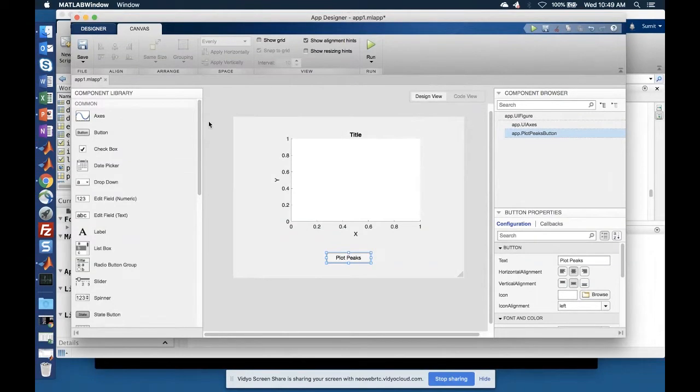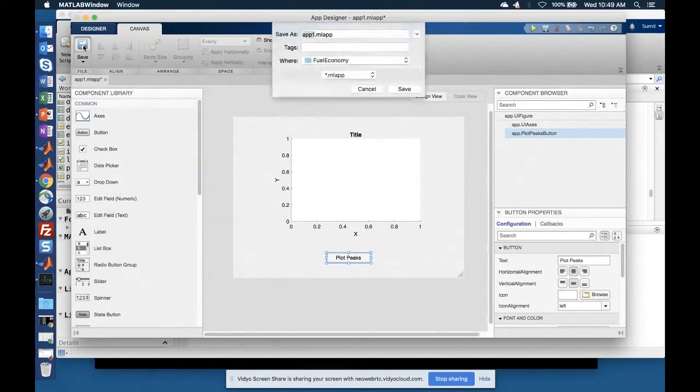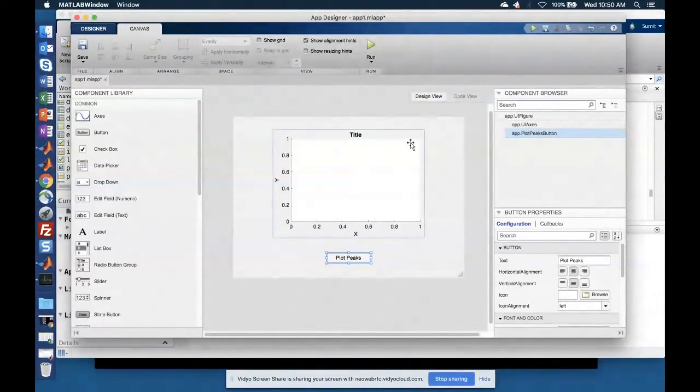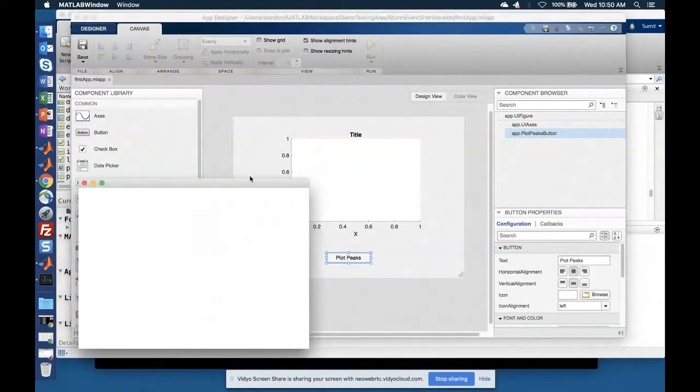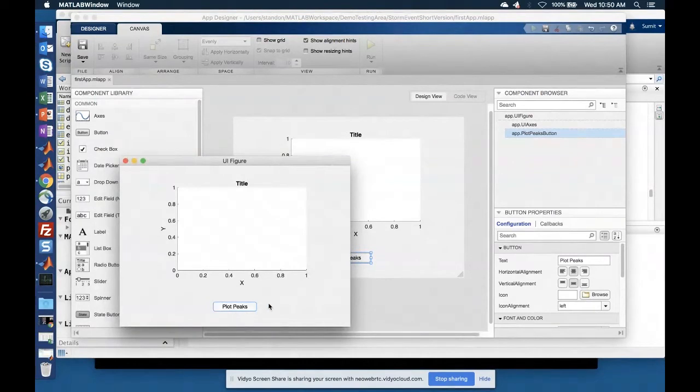Let me go ahead and save this. I saved it as the first app. At this point, I can just click on the run button, and the app is going to run. But it doesn't do too much right now.